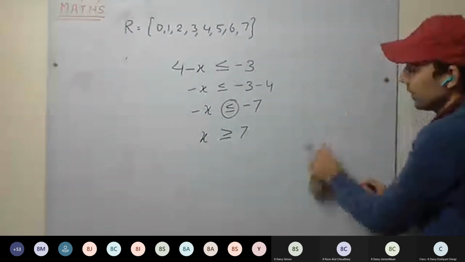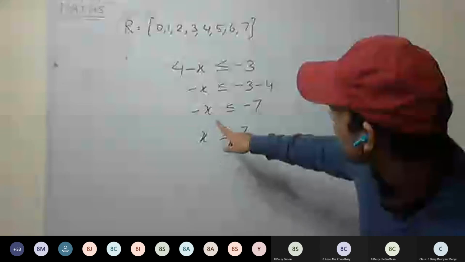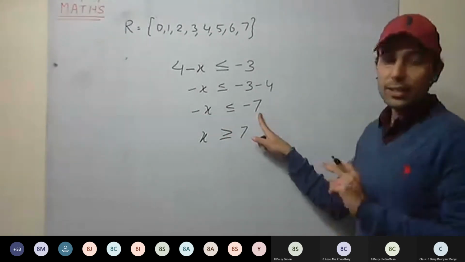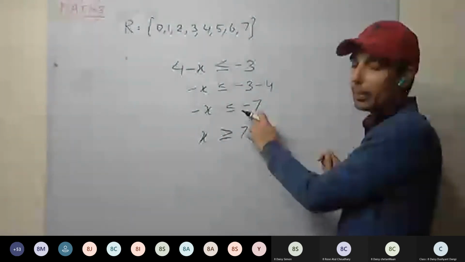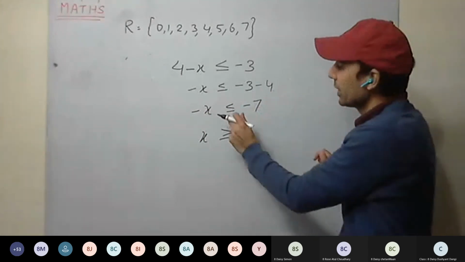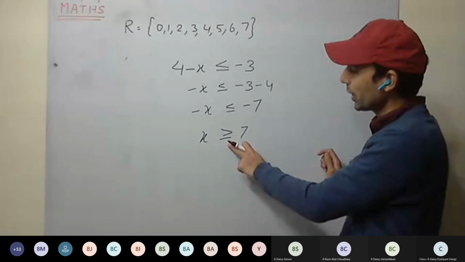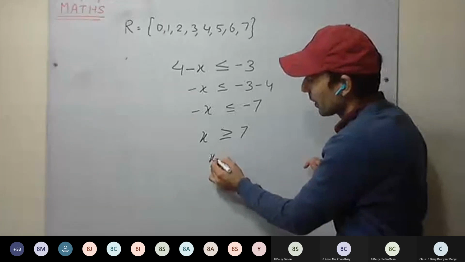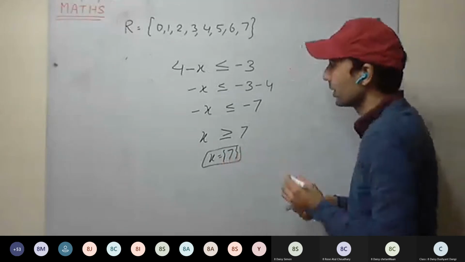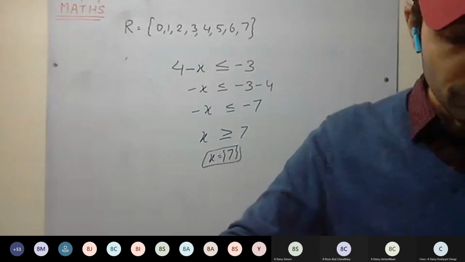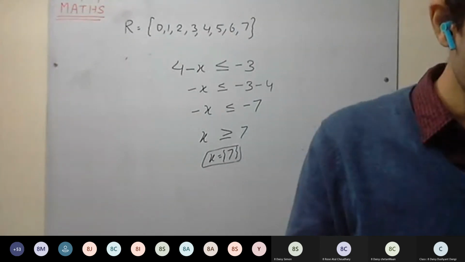Always remember this one. Mainly we do it like this: minus x less than or equal to minus 7. This time we have to multiply both sides by minus 1. Whenever we multiply both sides by a negative number, or remove the negative sign from both sides, the sign has to be reversed. Understood now? This is an important question. Mark it important. So x is how much? 7. Fifth, mark important. Sixth as well, same. So try to complete this first question.